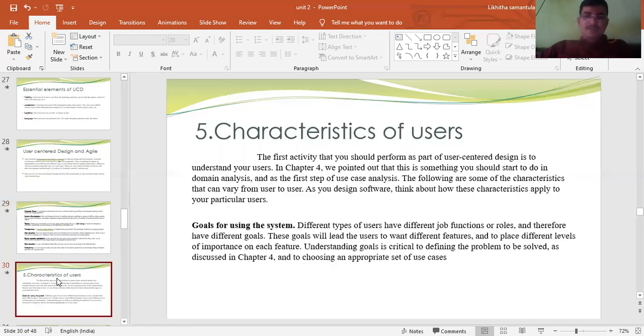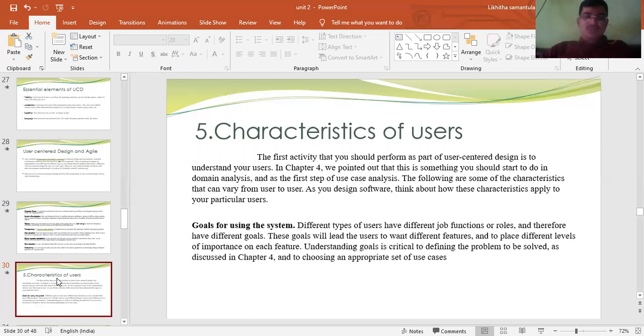Characteristics of users. The 5 activities that you should perform as part of user-centered design begin with understanding your users. We point out that this is something you should start to do in domain analysis and the first step of use case analysis. The following are some of the characteristics that can vary from user to user as you design software, so think about how these characteristics apply to your particular users.